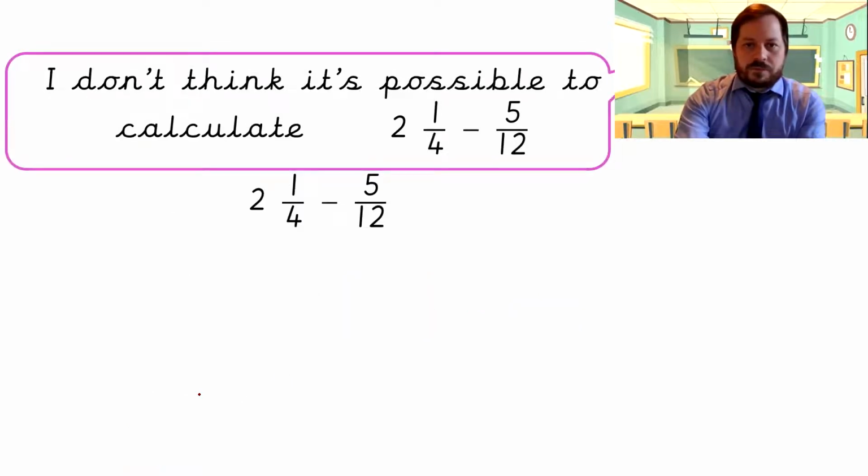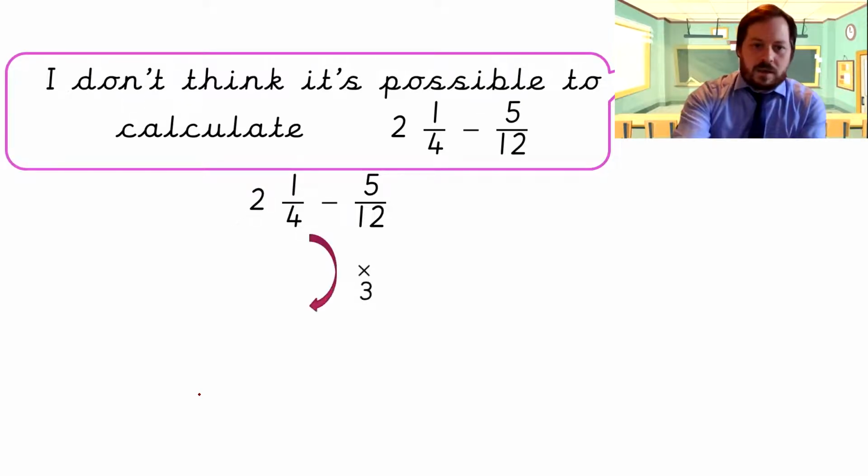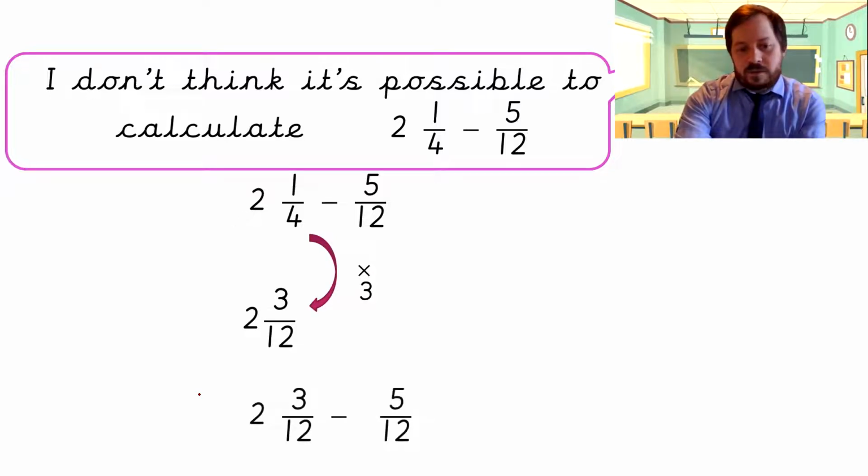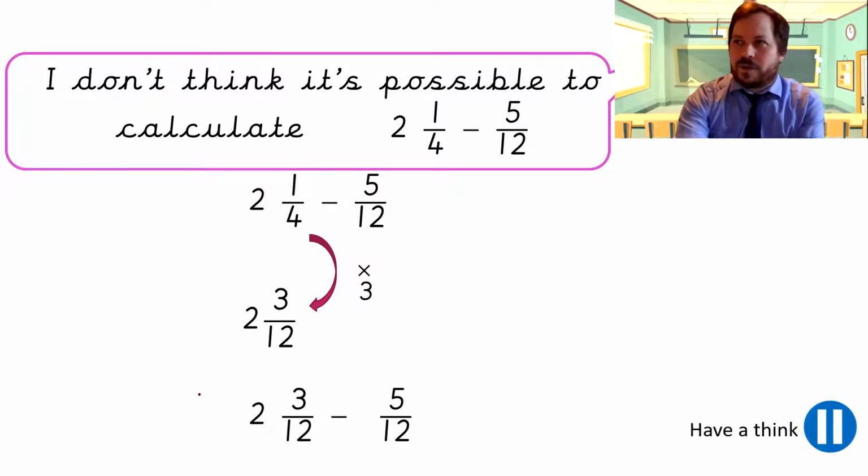Okay, so I don't think it's possible to calculate 2 1/4 minus 5/12, because when we do this, we don't have enough 12ths in order to subtract 5/12. Well, that's not entirely true, is it? Have a think. I've kind of given you a hint, but have a think. What do you think? Well,